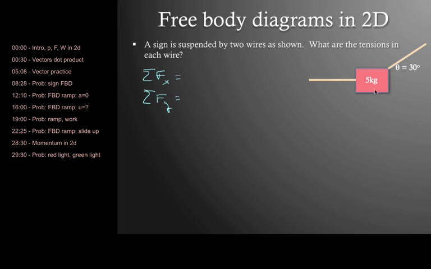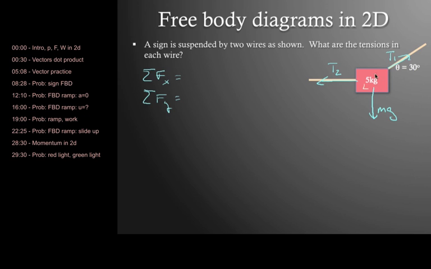So here I have a sign, it's suspended. I need to draw gravity on here. And then there's two wires. So these wires are going to be pulling on the box. So there's this one force, maybe that guy's T1, and there's this other wire pulling straight out to the side. And that guy's going to be T2. So here is my free body diagram. That's all my major forces. But one thing kind of sticks out, and that's this T1 is not really in line with either of these two guys. These guys are nicely perpendicular, but this guy,